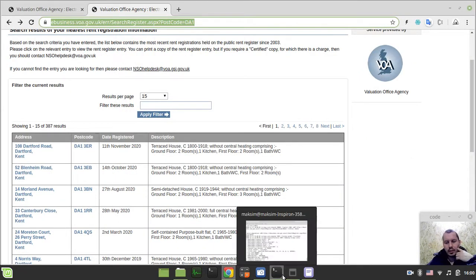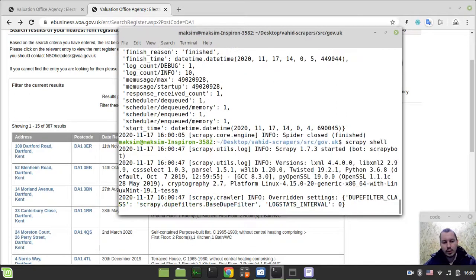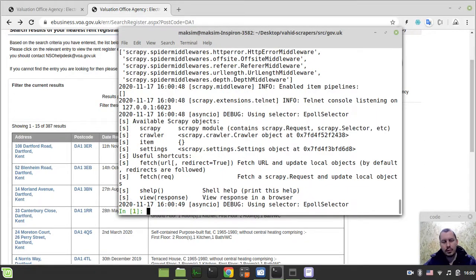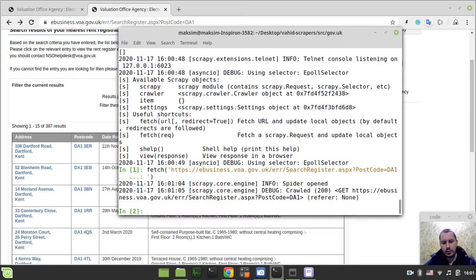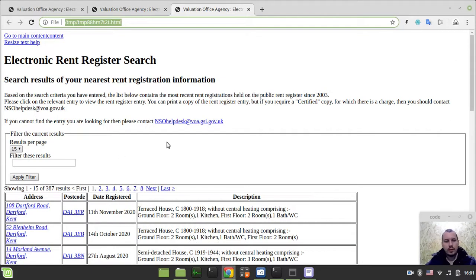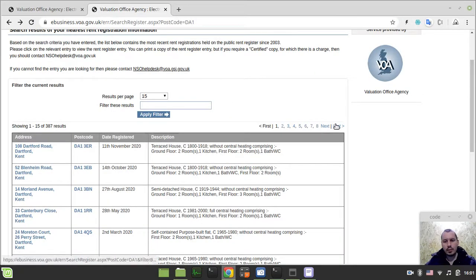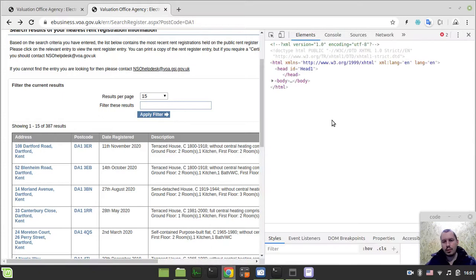So now it's time to make use of the Scrapy shell. I can make the request once, and then work with the response until I come up with a proper selector to extract the information I need, and the information I need is the total number of pages. So let's fetch this URL first. Okay, and let's view the response to make sure this is exactly the response I have. Okay, I can see, here is the last. I'm just wondering if I just inspect this last page,